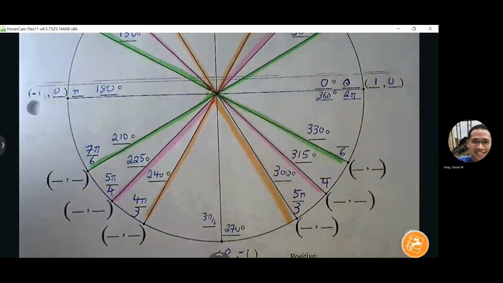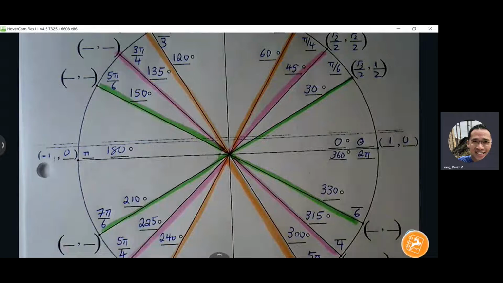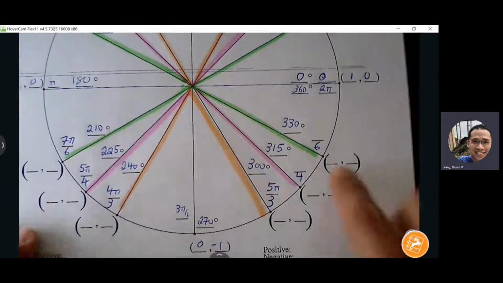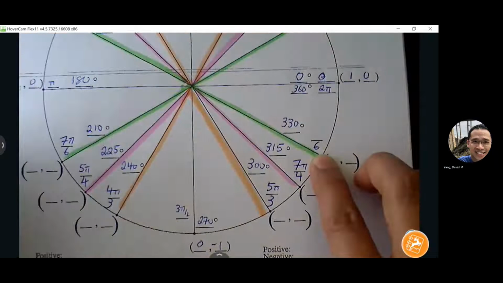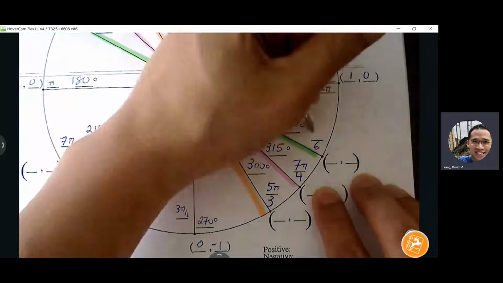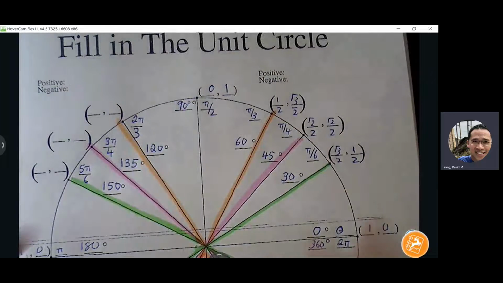So this has a similar relationship to the second quadrant, right? It's going to be 1 less, but 1 less after you double it. 4 times 2 is 8, and 8 minus 1 is 7. And 6 times 2 is 12, and 12 minus 1 is 11. And all the ordered pairs are going to be the same,